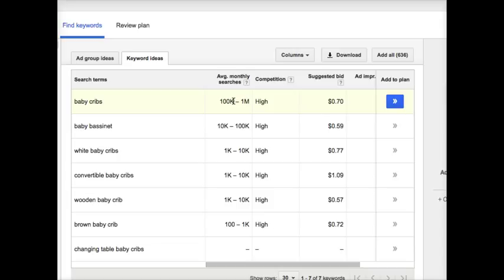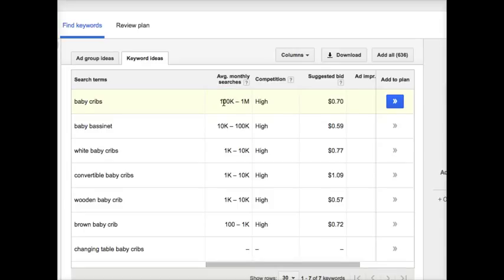Now here's where things have changed recently. In the past, I don't know, two years, maybe it's been 3. Time flies for me, but in the past they used to give us a more specific number, an estimate here. Instead of saying 100,000 to 1 million, somewhere in that range, they might have said 563,421 searches per month.